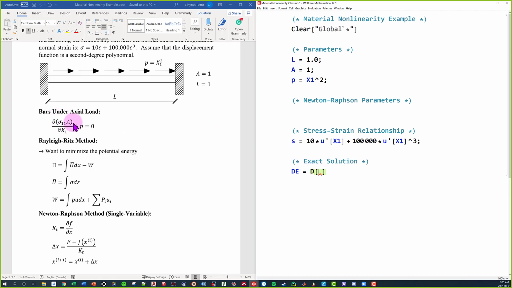The derivative function is, again, just that D function. And inside we have our stress multiplied by our area. So I'm going to have our stress, which we defined as S above, and multiply that by our area. Now we're taking the derivative of stress multiplied by area with respect to x1, so I'm going to put in my x1 over there. And then to end the equation, we have plus p. So hopefully now it makes more sense to you guys why exactly we are using u1 instead of epsilon, because we're taking the derivative with respect to x1.